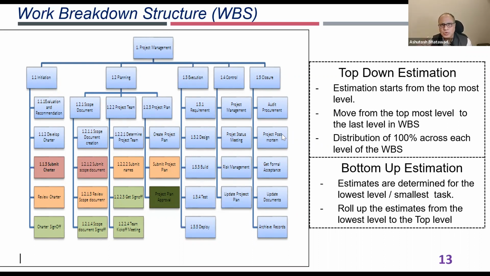Bottom-up means you should know up to what level your WBS has been constructed. Then you start from the lowest level of the WBS, and then you start rolling up the estimates. Top-down estimation is usually used when you have a fixed deadline. For example, the client has clearly told you that he needs this project by March 31st next year, 2024. So you have only 1 year and 15 days roughly with you. So you do a reverse calculation that between today's date and March 31st, 2024, how many working days are there? And then how am I going to sequence these activities? So that is a top-down